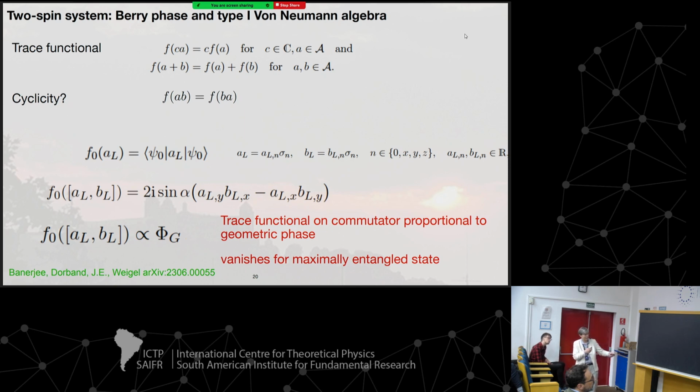So what we find is that the trace functional evaluated on this commutator, if we have this relation, then obviously this has to vanish. And so this trace functional is proportional to the geometric phase. And so if we want this to be an honest trace, it has to vanish, but it only vanishes, as I showed before, if this phi 0 is a maximally entangled state. Okay, so this means only for maximally entangled states can we define the trace on the von Neumann algebra. Okay, that's an important result, and I will show you how this also is realized in the